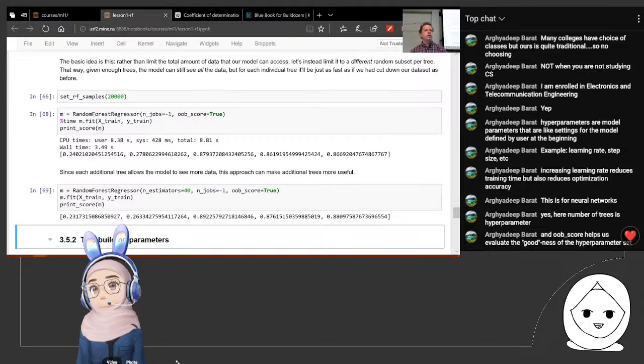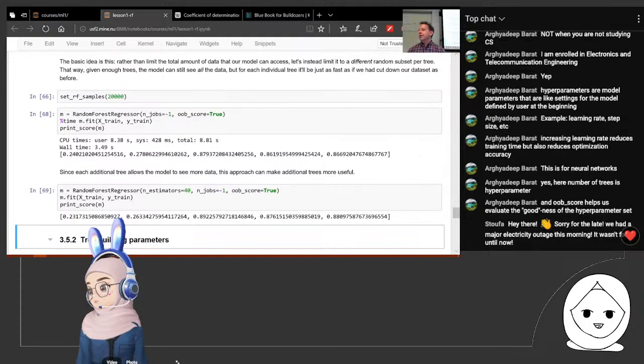And for those of you who are doing the groceries competition, that's got something like 120 million rows, right? There's no way you would want to create a